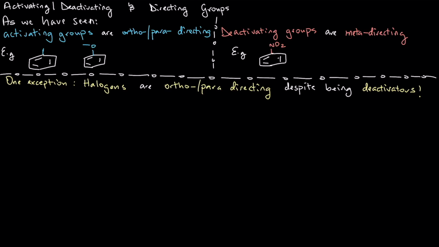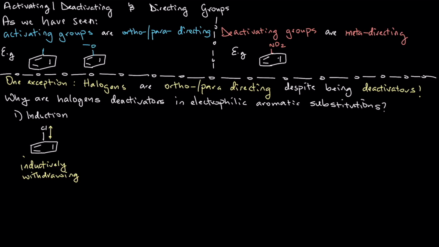There is one important exception, however. Halogens happen to be ortho-para directed, however, they are deactivators. So there's a mismatch here between the activating capacity of halogens and their directing capacity as well. So once again, we look at our factors, induction and resonance. But if you look at induction, we would see that, in fact, these halogens, such as your chlorobenzene, will absolutely withdraw electron density from the ring through induction, right? So the electronegativity difference will tell you that that chlorine is going to be withdrawing electron density from the entire